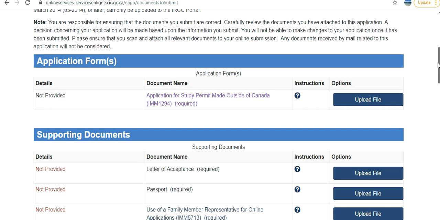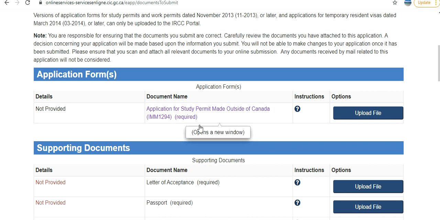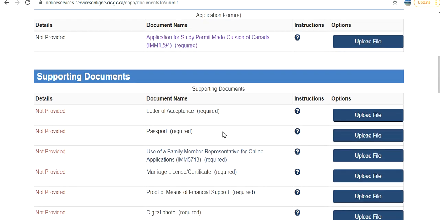Okay, so now the document checklist has been prepared. This first section is for John. He's going to fill the application for study permit made outside Canada, IMM 1294. Then he needs to upload all these documents, the letter of acceptance. Because his account is being used to submit an application for his family member, in this case Elizabeth, form 5713 is required.